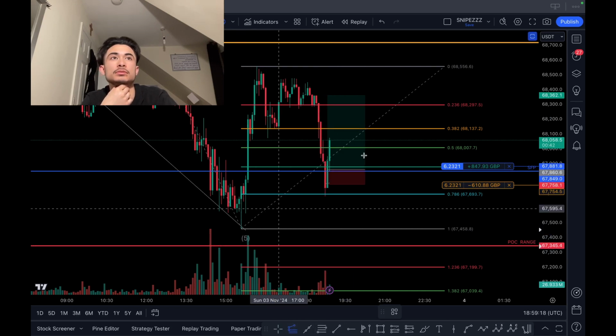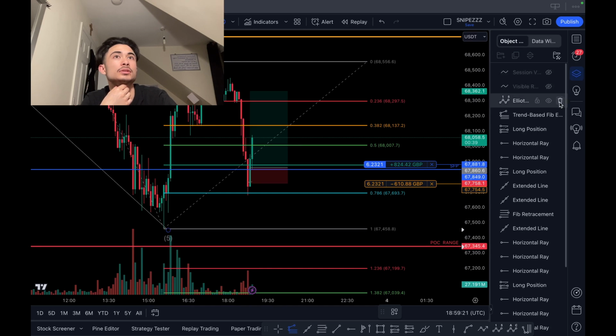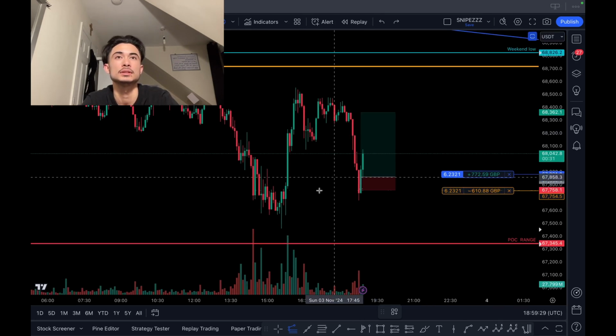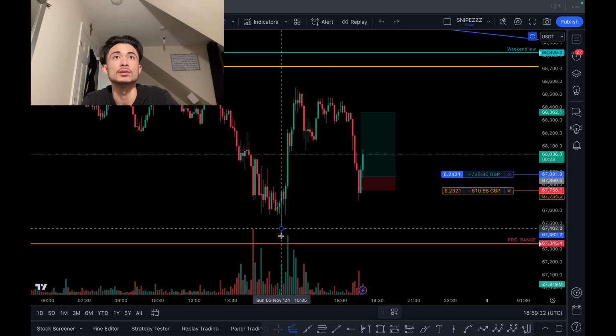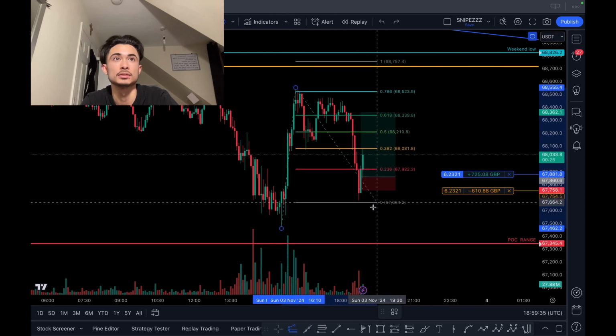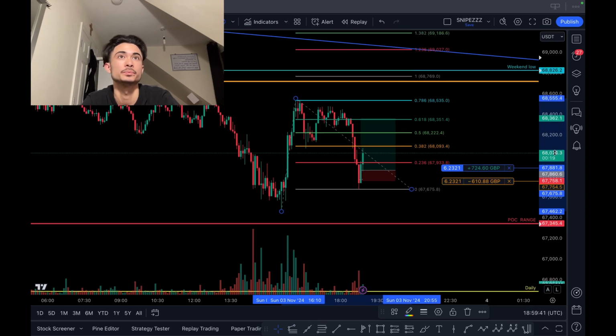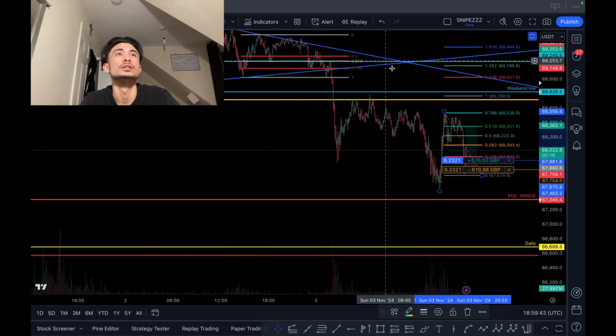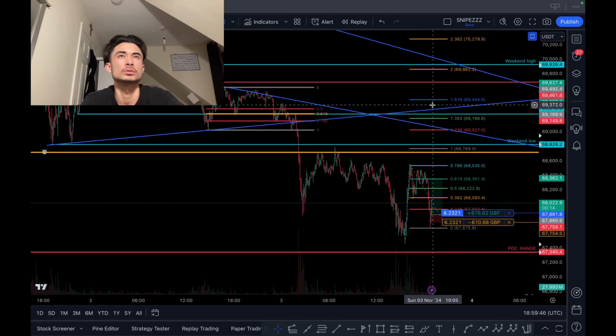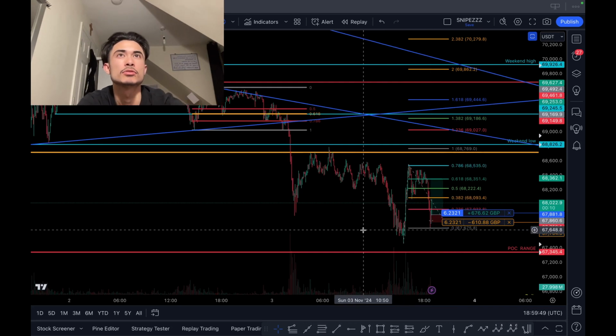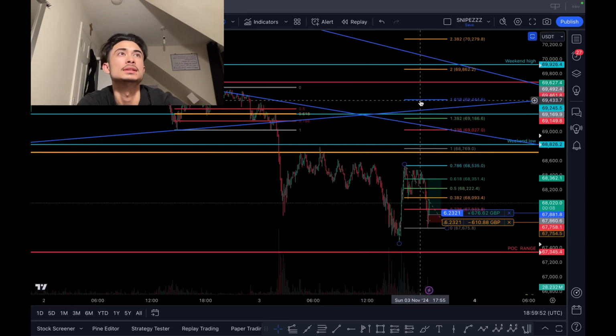Let me just draw them out for you. But first, let me get rid of all this. Okay, got rid of everything. Now you can see on a clear chart, from that low to that high to that low, dragged across, you get these third wave targets. You can see the most common one is the 1.618 for a wave 3, which we are currently in the formation of. Got the 618 there.